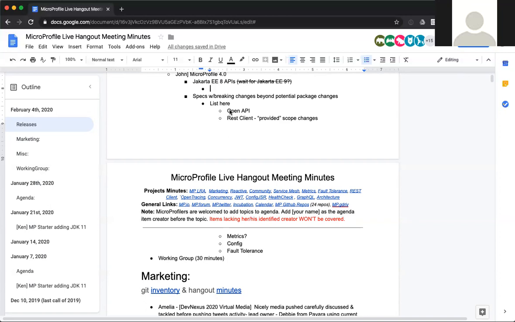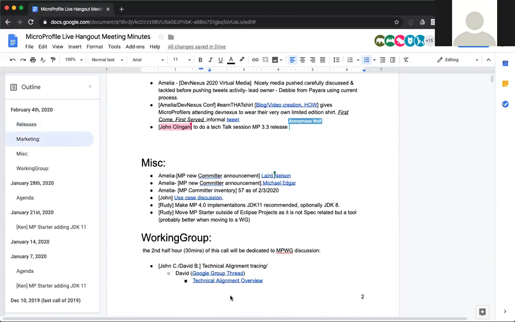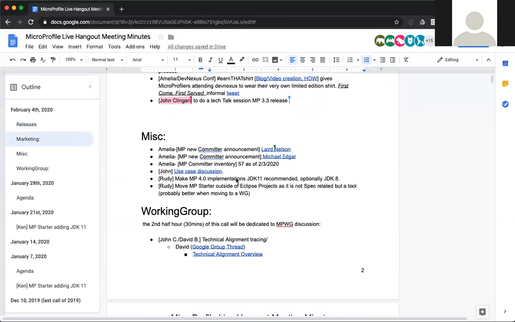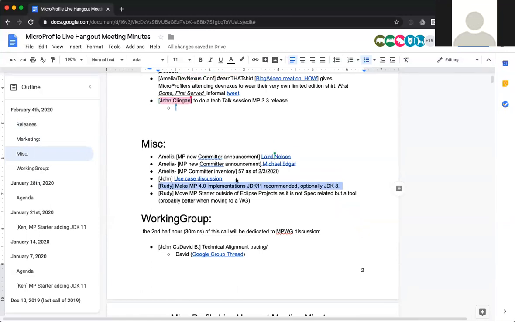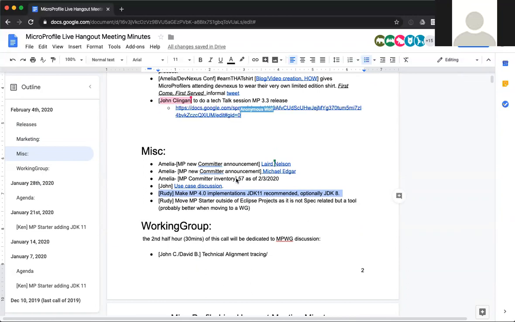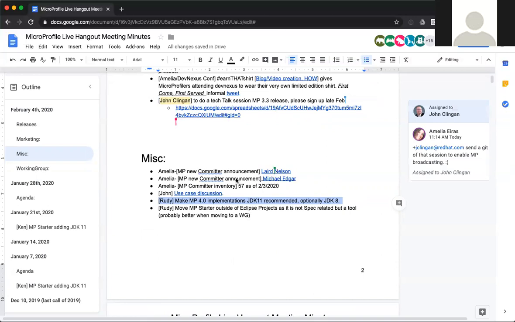I put it in the agenda regarding JDK 11 that we make at least some advancements, and that we say MicroProfile 4 implementations need to run on JDK 11, optionally on 8, but required on JDK 11. The ones that we have now for 3.3 and 3.2 already run on 11, so putting that requirement should be no great obstacle, and then we can prove that we are looking to the future.